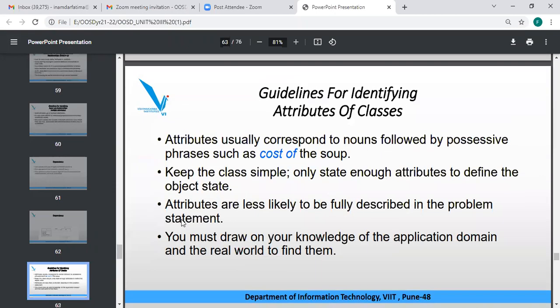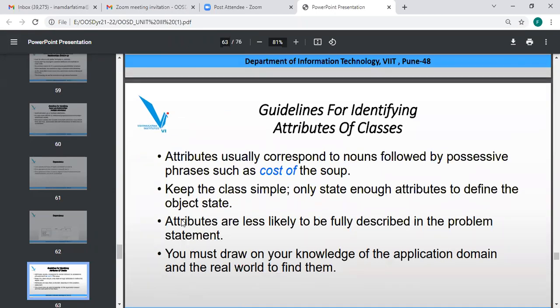So what are the guidelines to identify the attributes of the classes? The first important part is that the phrases usually correspond to a noun followed by a possessive phrase, such as cost of the soup, right? If I consider that, what is the phrase here? Cost of, which is to be considered as a noun.